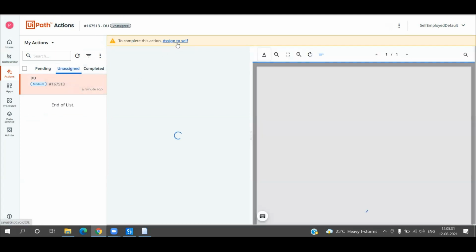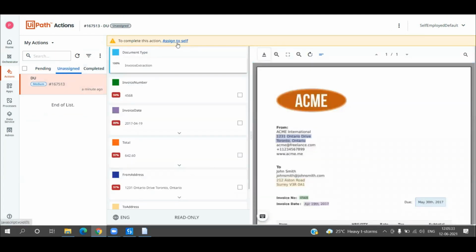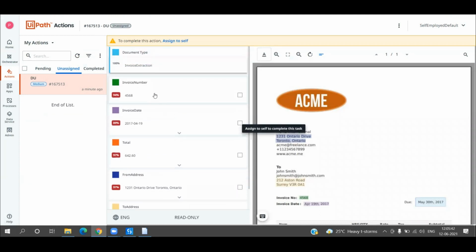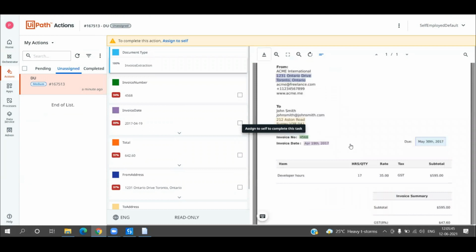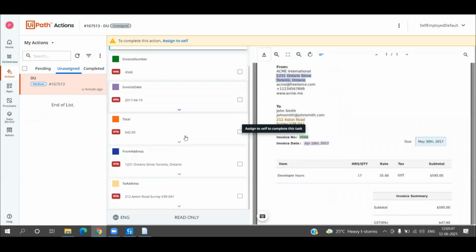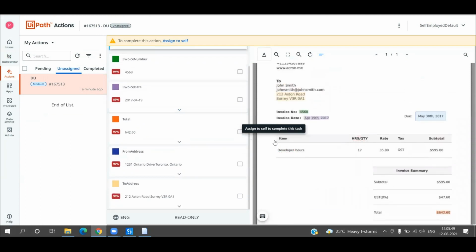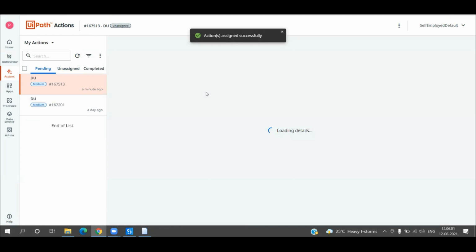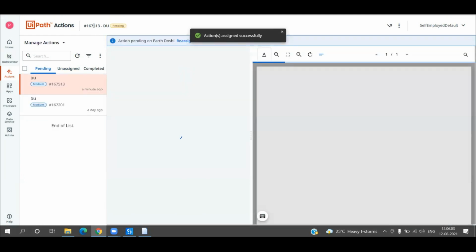Now we also have an activity through which we can assign a task to a particular user, that we'll be seeing in the further videos in the advanced part of Document Understanding. But for now, if you can see, the data is extracted over here with good accuracy: invoice date, number, date, the total amount, right? 642, in both the addresses. Now if you see here, only the address is extracted, the further part is not extracted, since that is not relevant to the machine learning extractor field that we have given. Now I have assigned it to myself, right?